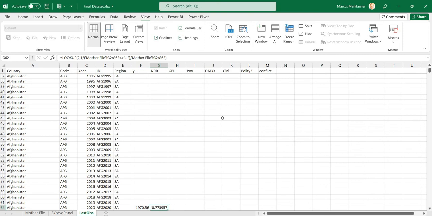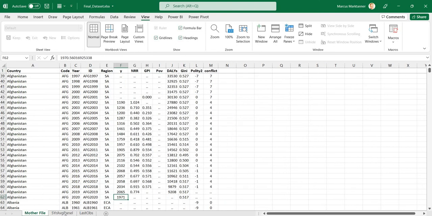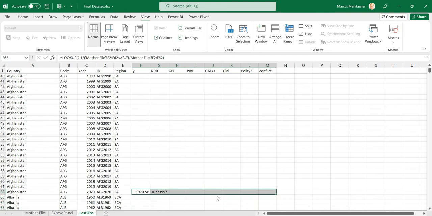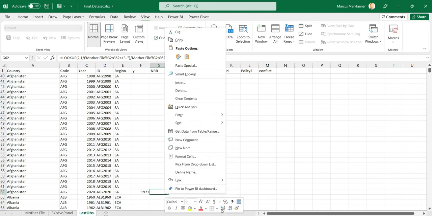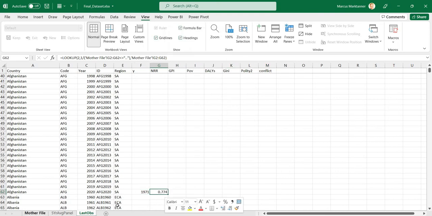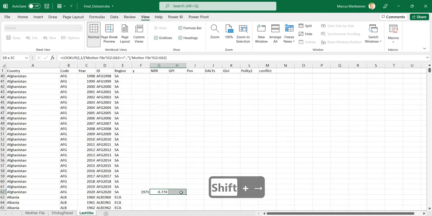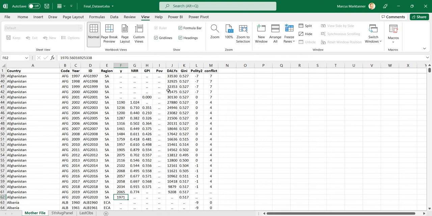So now we get 0.773957. So this seems, let's copy everything to 3 decimals here too. Okay, so 0.774, that seems to be correct, so that seems to work. So let's copy it one more to the right. So now we see 0.571. Okay, it's also correct. So now if we copied one more to the right, we should get an error message